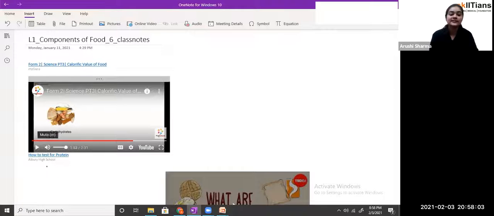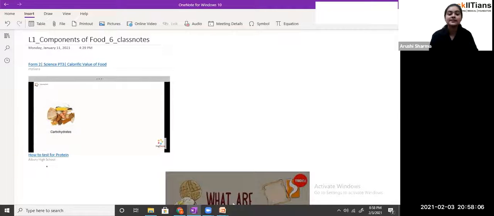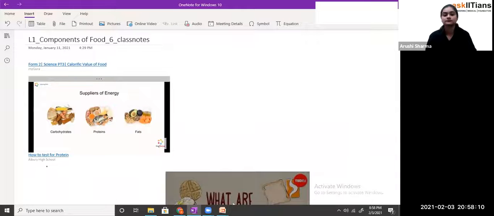Okay, so you can see here for the carbohydrates as well. Carbohydrates, proteins, and fats are the suppliers of energy. Calorific values of proteins and carbohydrates are 17 kilojoules per gram, while fats is 37 kilojoules per gram. The can of tuna that Lynn is holding contains different